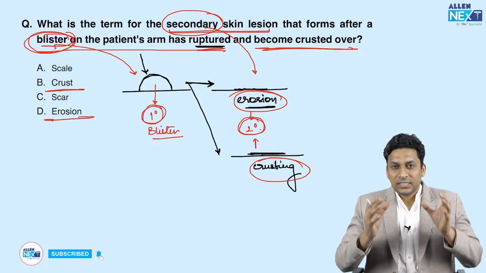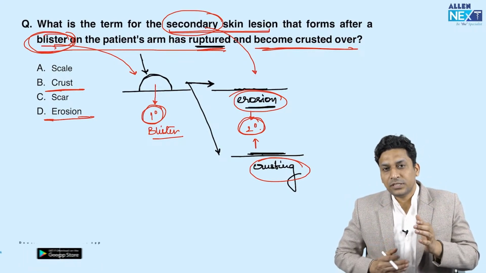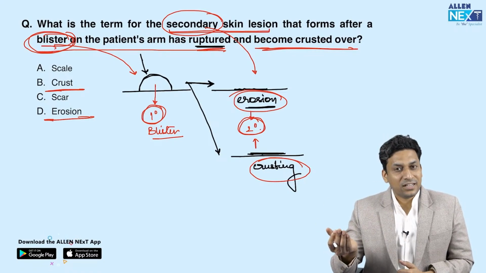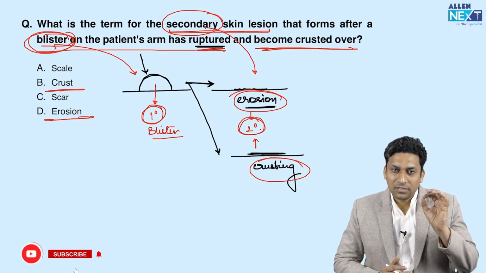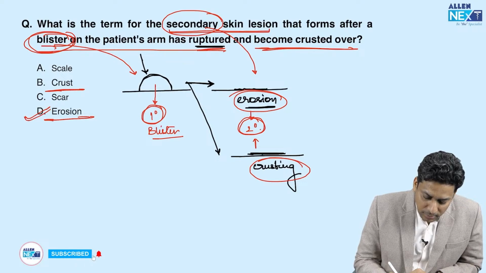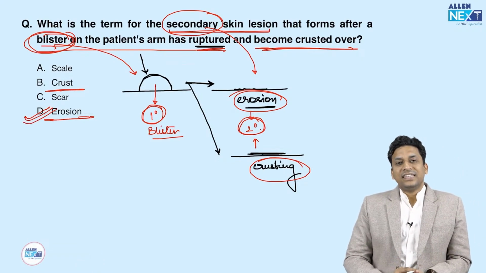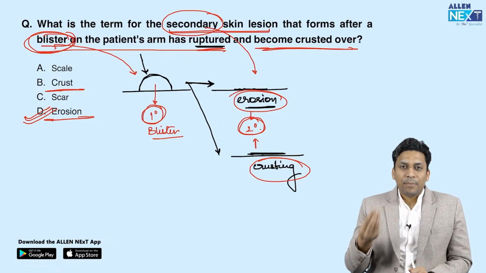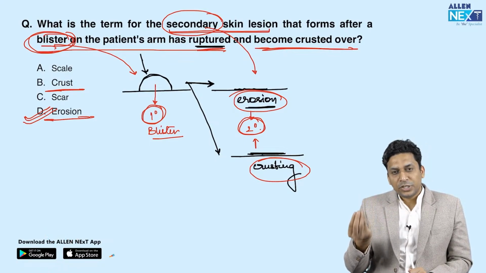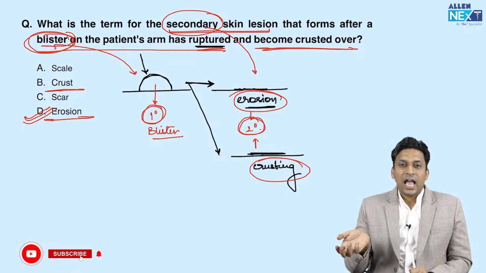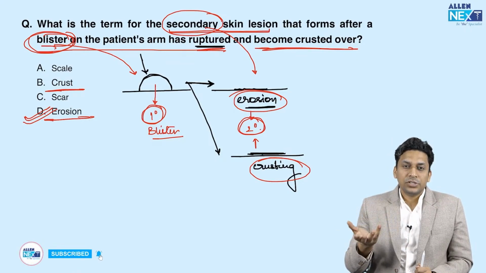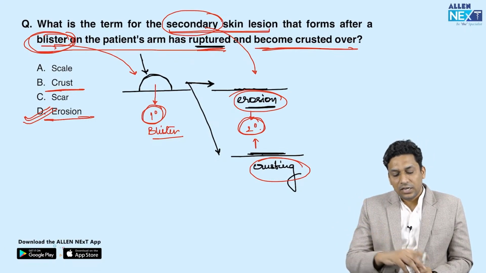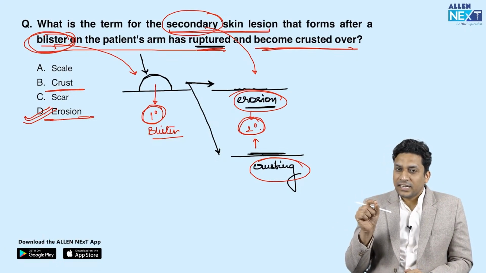So the lesion which develops just after the blister ruptures is known as erosion. Later on it might crust also. So the answer here is erosion. Remember that the primary skin lesions are these initial lesions like macule, papule, pustules or blisters, and when they rupture they might form erosions. So erosions, crusting, scaling, all these are secondary skin lesions. Because they are asking about the secondary skin lesion which